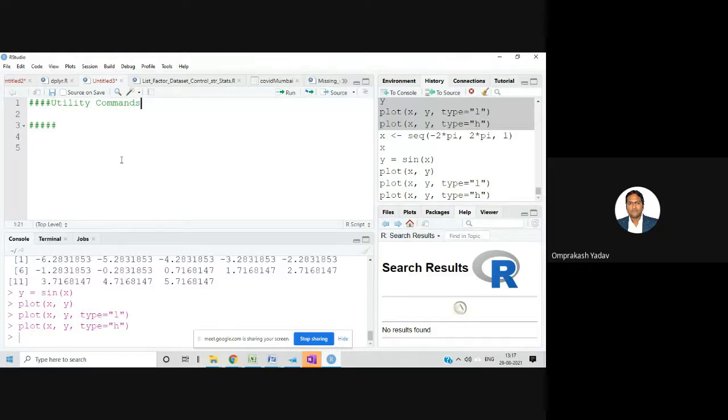First, suppose I am writing a very big program. Today I am working on some project, and after a week or two, or even a month, I come back to the same project with 1000 lines of code. I will take time to understand my entire code and why I had written it. So we write comments to describe each and every line, so that in the future whenever we open the same file, we can understand what we had written and for what logic. That is one reason.